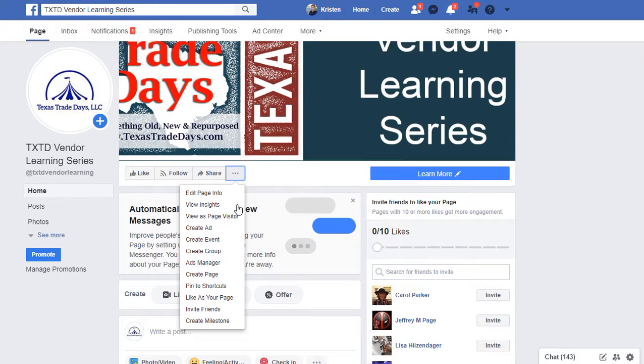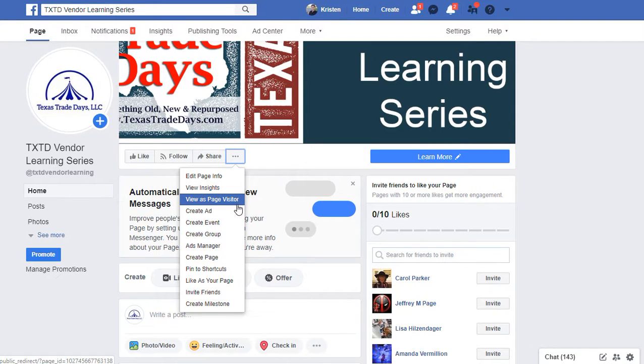There's three dots here that give you more information, more menus. So the three dots are typically a menu symbol. So you can edit page info, which you could also edit up here in the white bar under settings. You can view insights as you gain followers and likes and you're posting more. Your insights will start appearing, and then you can start seeing various demographics of who's following and liking your page